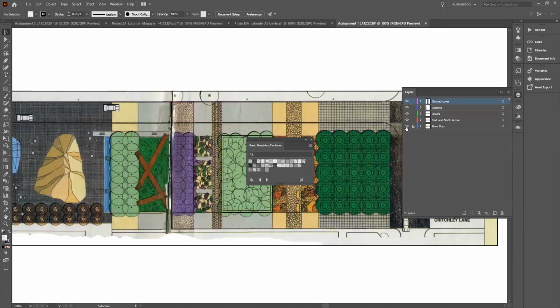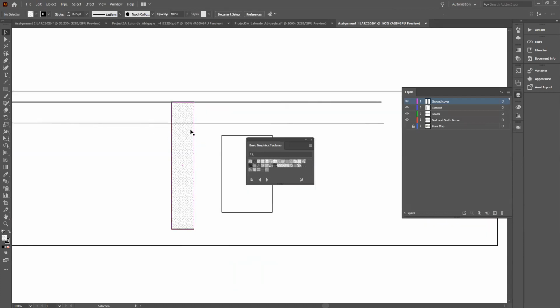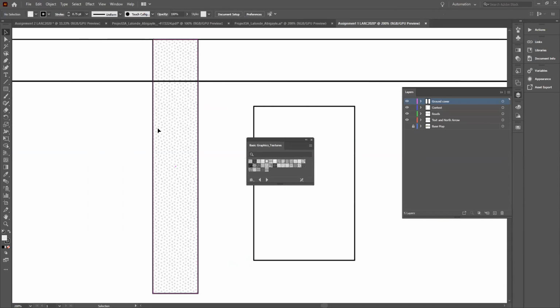So right now there's our base map, and you can see this is also where you get more creative. You can add your own hatches, which I like to do as well, and I'll show you how to do that. So I'm just going to